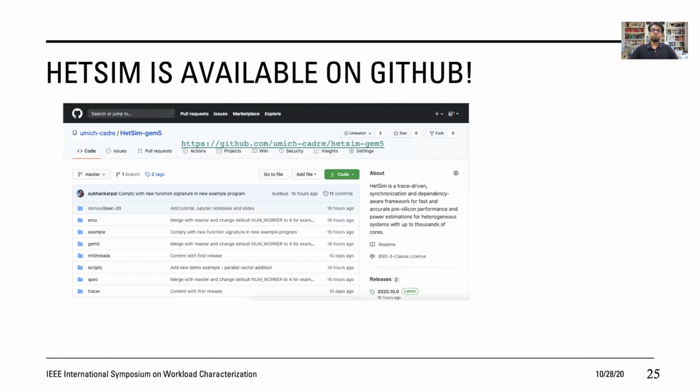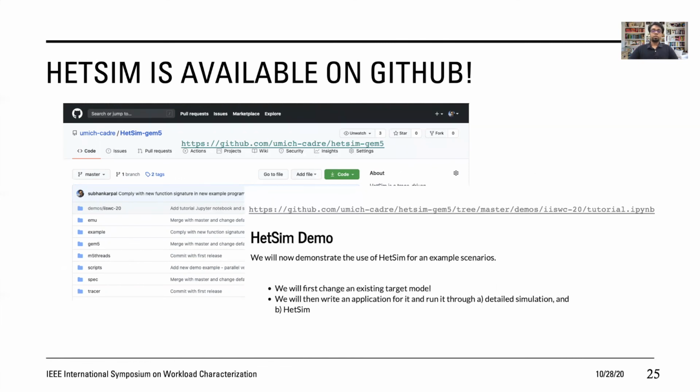HetSim is freely accessible under the BSD3 license, and we encourage everybody to try it out. We also added a Jupyter Notebook link in this slide that we prepared to help the user get started with HetSim. We encourage user contributions to this repository, especially to grow our primitive library, and this will enable fast design space exploration of a wider